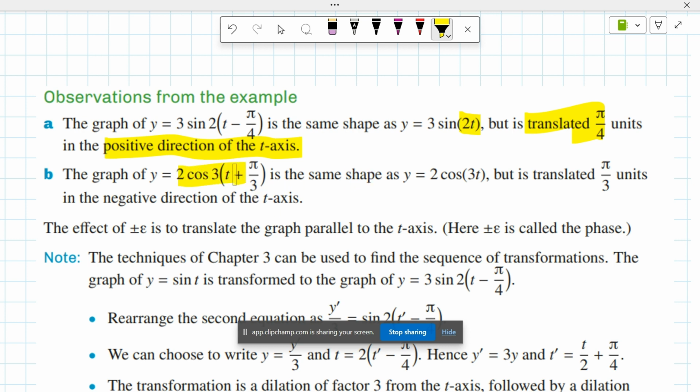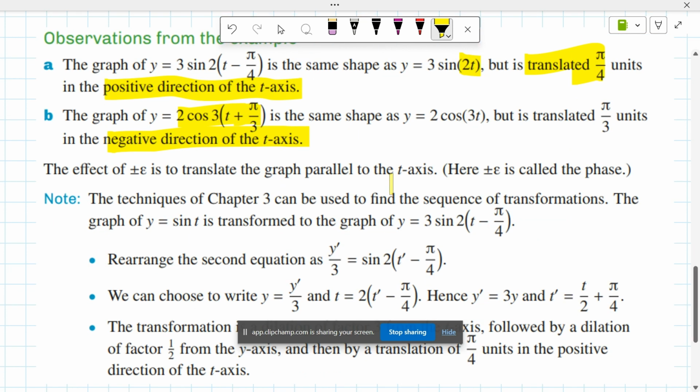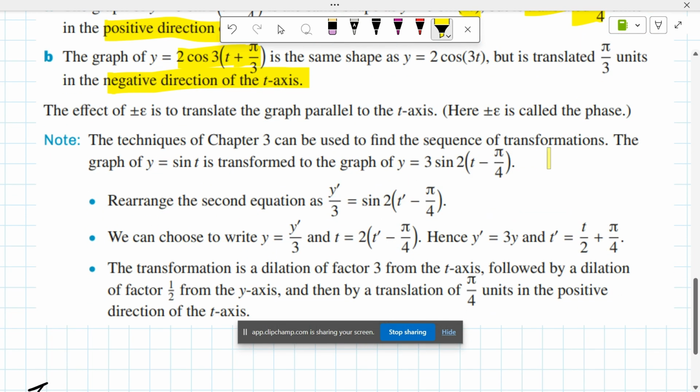And if you have 3t cos, they're going to the left, which is negative on the t-axis. And you can use the transformation part if you want, using sine t, and it becomes y equals 3 sine 2t minus pi on 4. So we're going to rearrange the equations, which is we can divide by 3 on both sides, and that becomes